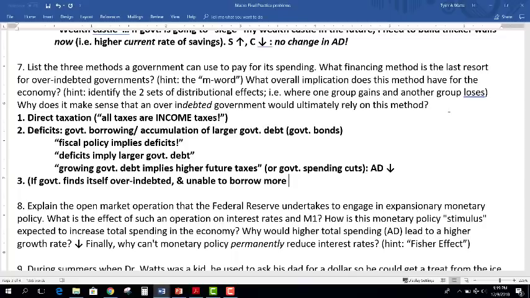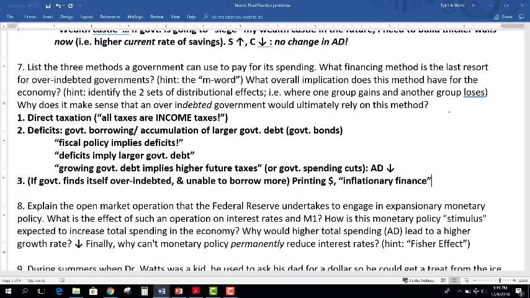We're not going to lend more money to that person, right? It's kind of like the bank won't lend you money if you go bankrupt. So if the government finds itself unable to borrow more, we will go to printing money, also known as inflationary finance, which, depending on how it's done, could take the form of debt